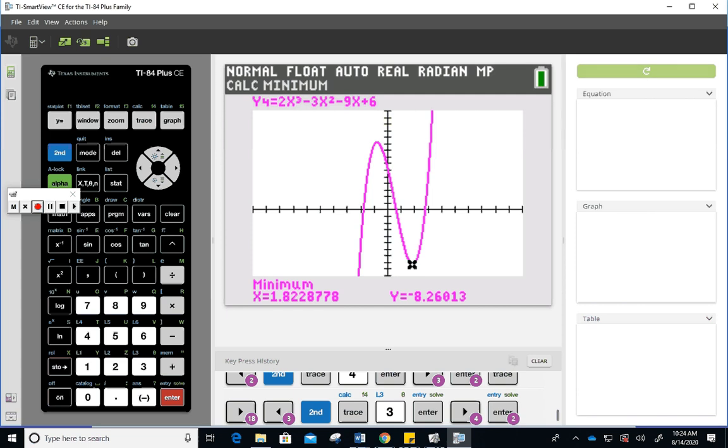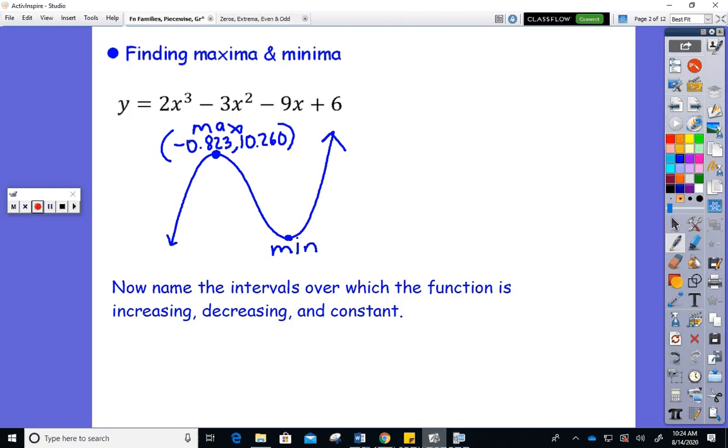So I'm going to go back and I'm going to answer that question. So 1.823, comma, and then negative 8.260. So just to reinforce what we did yesterday, I'm going to look at intervals over which the function increases,